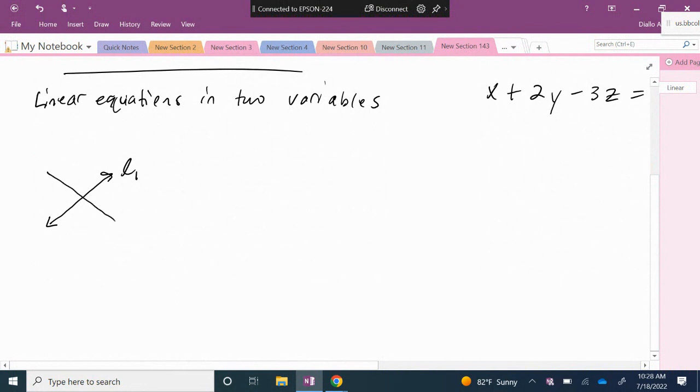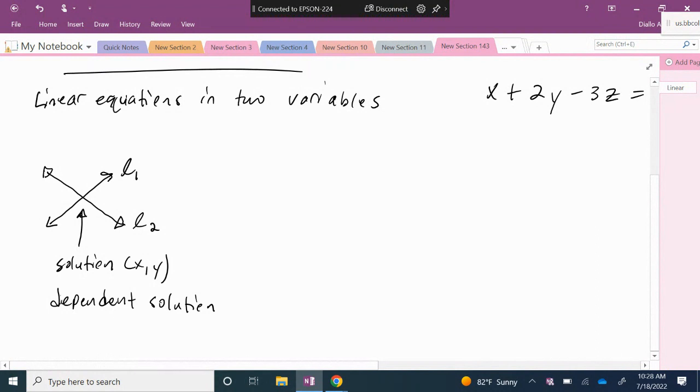And I'm going to graph another equation, which I'll call L2. The solution of any system of linear equations is where those two equations intersect. Right here where they intersect, that's called the solution. And the solution is going to have an X, Y ordered pair format. And this would also be called a dependent